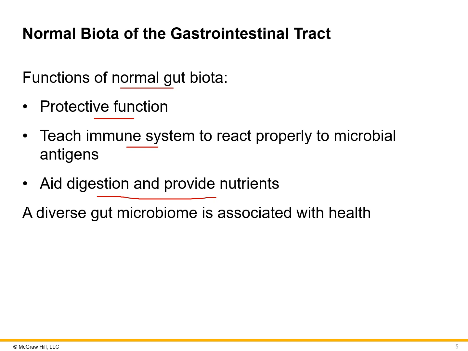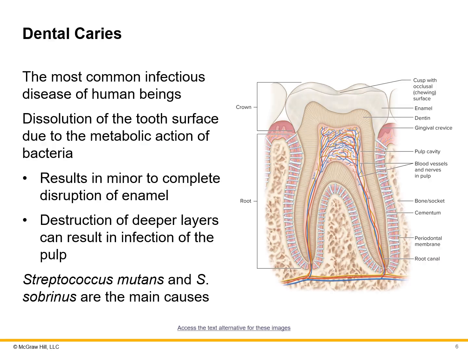to give us nutrients. And again, back to health, lots more to come about this, but a diverse biome is associated with good health. So it's very likely, as we learn more and more, we're seeing a connection between the gut biome and even mental health, obesity, cancers. Lots of connections are starting to be seen.